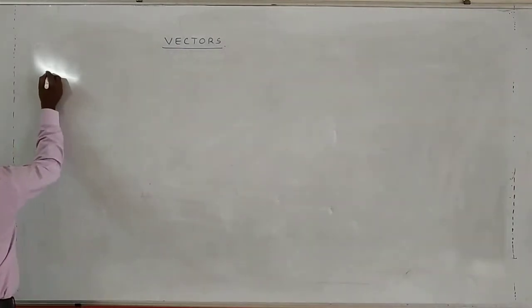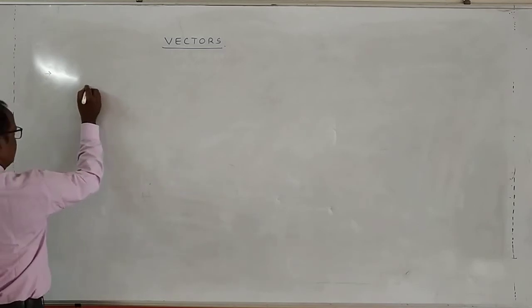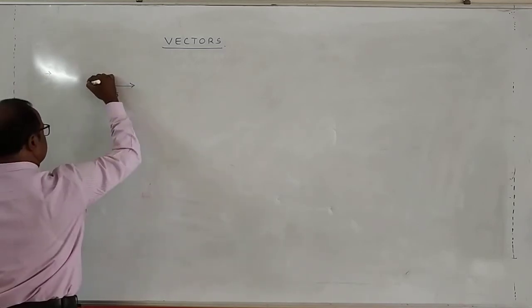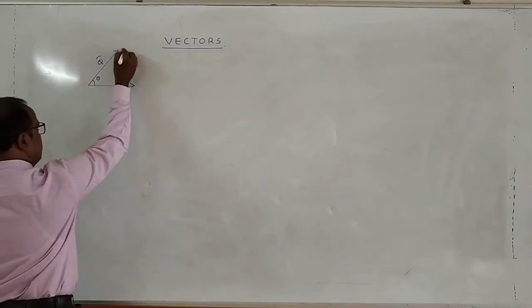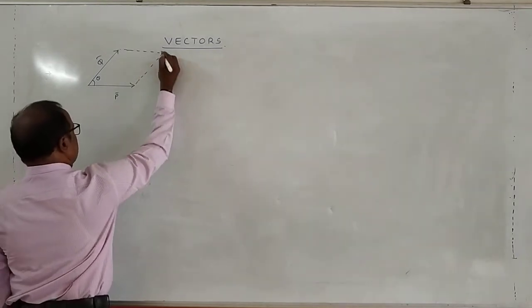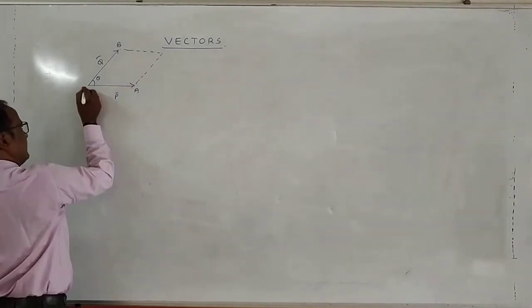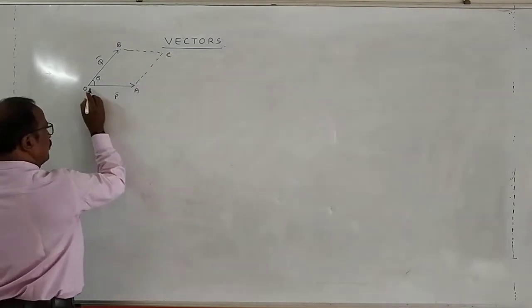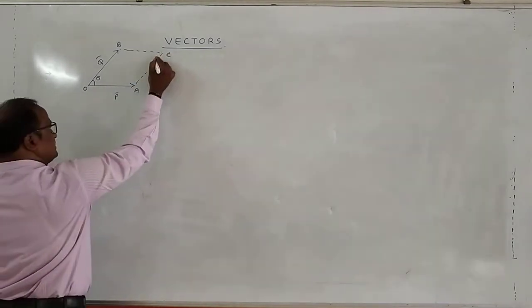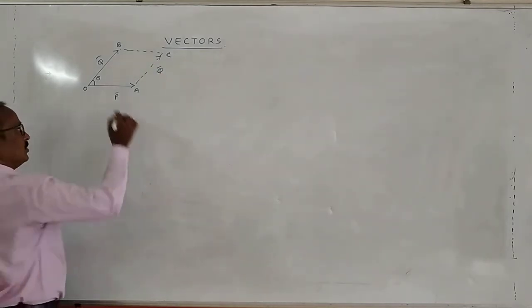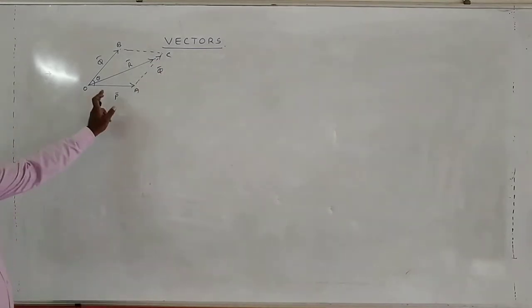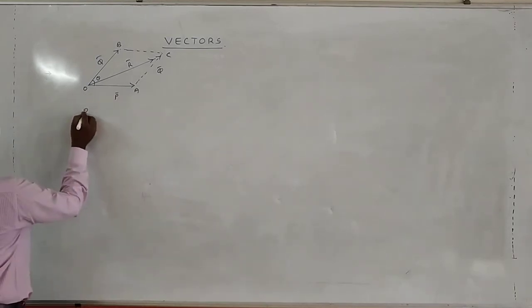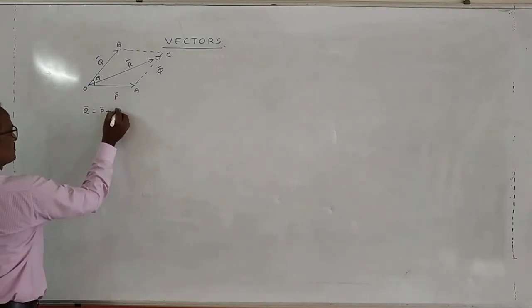Suppose here some application. This is the vector p bar and this is q bar. The angle between the two vectors is equal to theta. Let us complete the parallelogram O, A, B, C, where OA bar is equal to p bar and AC bar is equal to q bar. Now, OC bar indicates the diagonal of the parallelogram that gives the resultant of p bar and q bar, both in magnitude and direction. So, that means R bar is equal to p bar plus q bar.